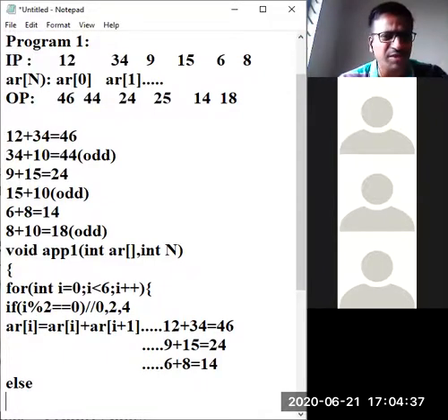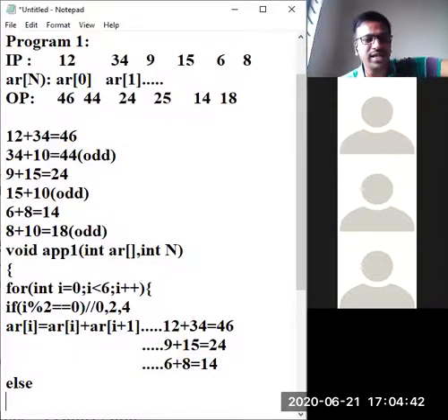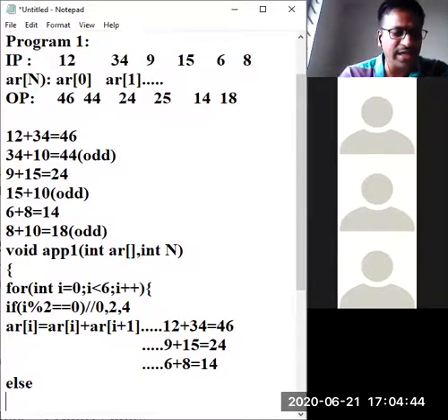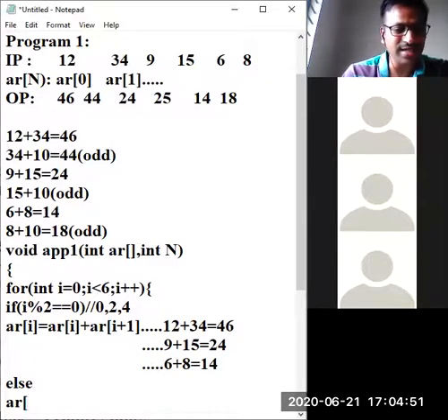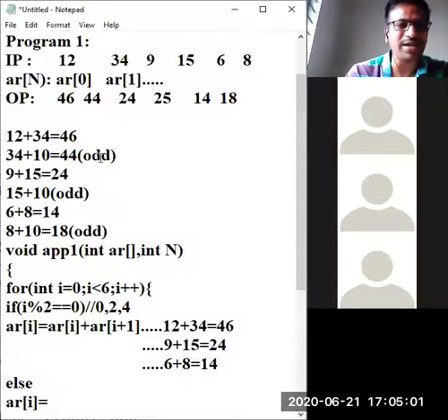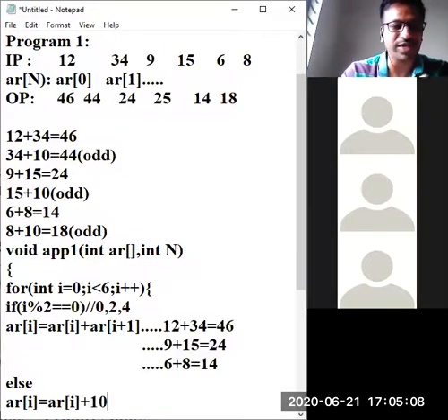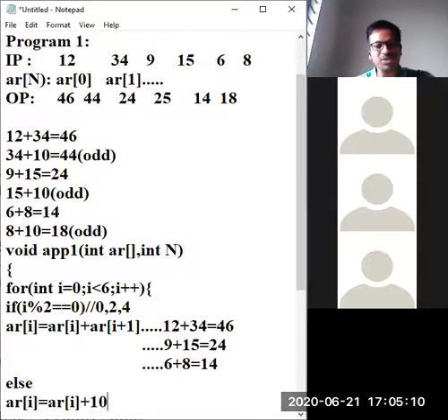Whichever is not satisfied. Some failure stories are there, na? Odd numbers all failed drastically. Those I can put here, some supplementary exam I can put here. Let them also pass. So AR of I is equal to, how can you pass them? What is the technique for odd? You add 10. AR of I plus 10. Yes, perfect. That's it. Done. Your job is done.